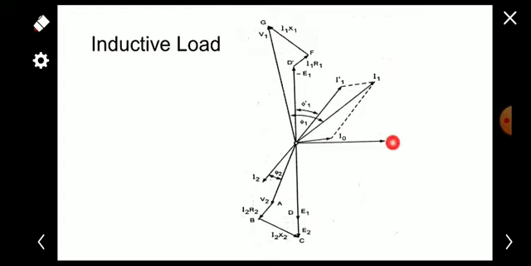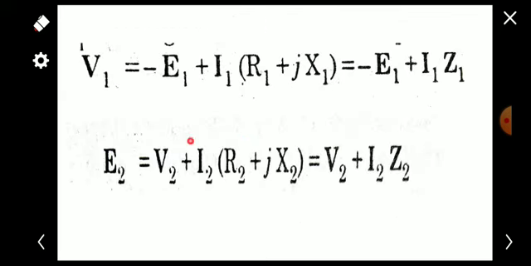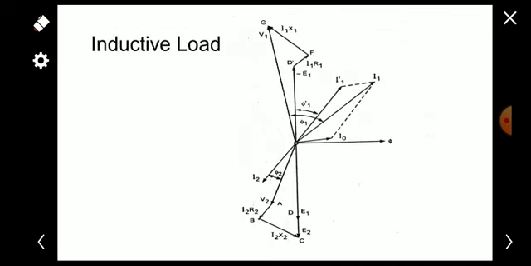We will draw flux phi, I0 here, E1 here, minus E1 here, and after that we will draw V2 here. Then we draw I2 lagging from this V2 by a small angle phi 2. For incorporating the equation for E2, we know E2 is V2 plus I2 into R2. This drop I2 into R2 is always in phase with the corresponding current I2. So here I2 is this one.